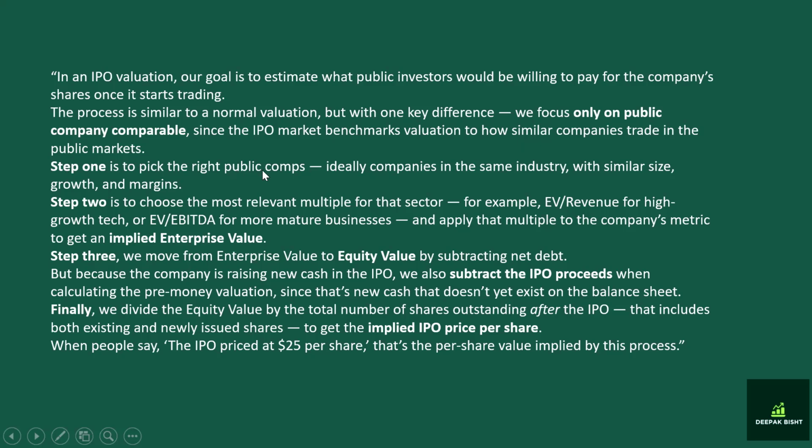So step one is to pick the right public comparables, ideally companies in the same industry with the same size, growth, and margin. Step two is to choose the most relevant multiple for the sector. For example, enterprise value to revenue for high growth tech, or enterprise value to EBITDA for mature businesses. We chose enterprise value to revenue because we were assuming that the previous company was high growth. If it was a mature company, we would look into the enterprise value to EBITDA multiple and apply the multiple to the company's metric to get an implied